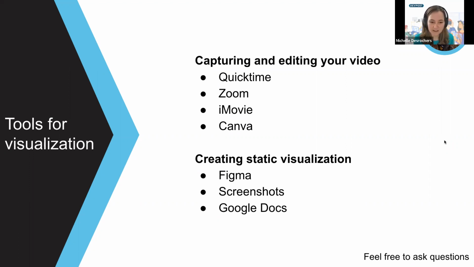And to edit those things, also using a bunch of free stuff. So iMovie is Mac native. You could also probably do Loom. I love the suggestions. We also use Canva. There's a free version of it. It can allow you to do presentations and some fun design things.